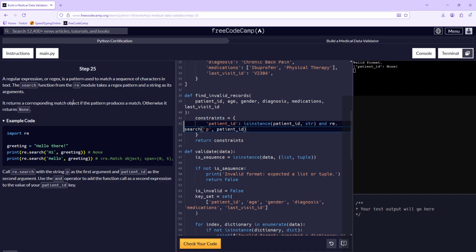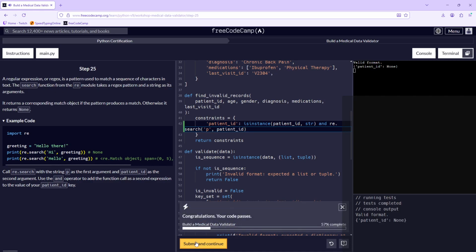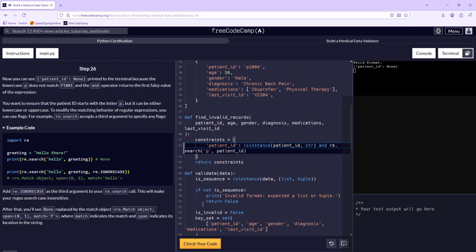It returns a corresponding match object if the pattern produces a match, otherwise it returns None. Oh, that's completely correct. Alright, now you can see patient ID None printed to the terminal because the lowercase p does not match P001, P1001, and the AND operator returns the first falsy value of the expression.